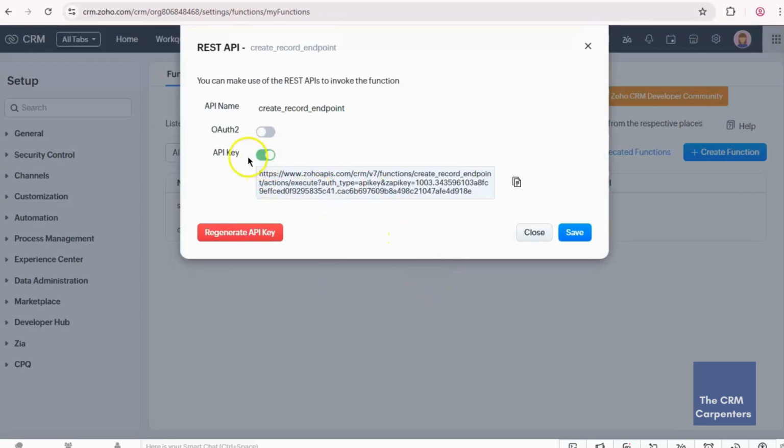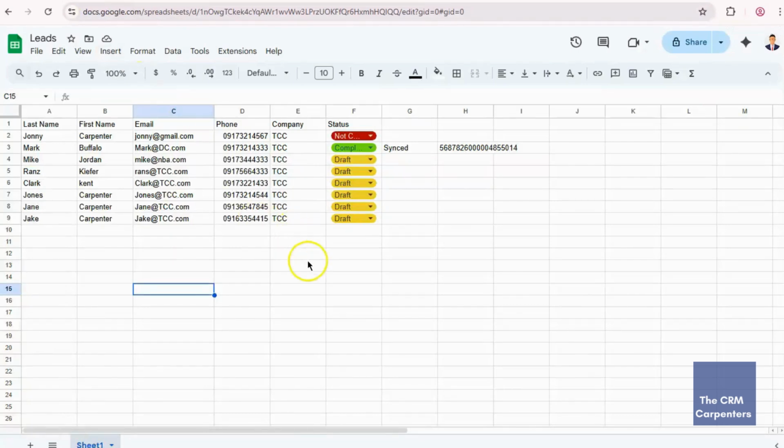Just enable or toggle on this API key and copy this one, because this is what the app script will require to access your Zoho CRM. This would be the authorization bridge to send data from the Google Sheet down to your Zoho CRM. And let's go to your Google Sheet again.